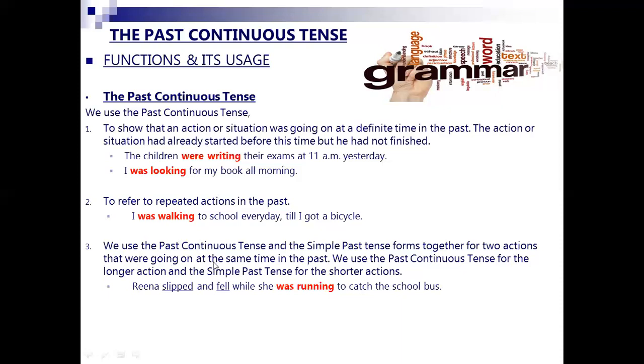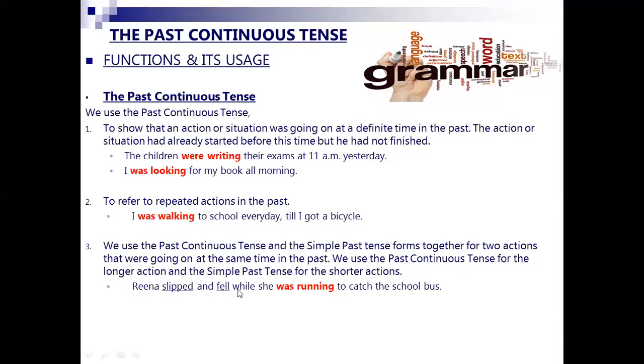actions that were going on at the same time in the past. See, when two actions are going on in the past, that time we can use past continuous tense. But we use the past continuous tense for the longer action and the simple past tense for the shorter actions. Here we are using both the subtypes, past continuous tense as well as simple past tense. For longer action, we use past continuous tense, and for short action, we use simple past tense. See,